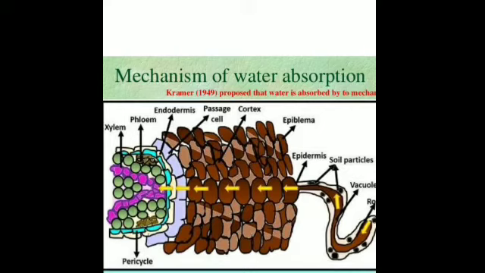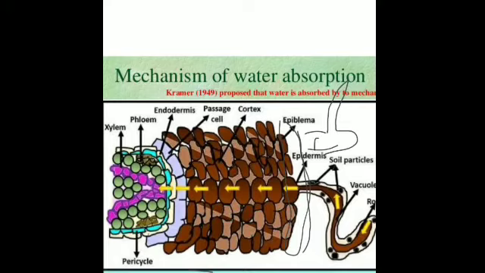Now the first layer that is there is the epidermis. Is that clear? This is the small part of the root that you have cut and observed under the microscope. This is the epidermis. And through the epidermis there are very fine outgrowths of the epidermal cells. Like for instance, this is a single cell of the epidermis. If this is the single cell, a fine outgrowth of this epidermal cell.